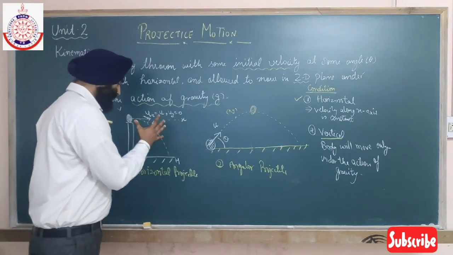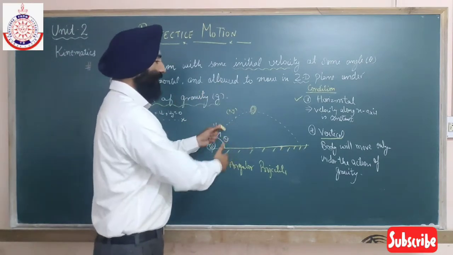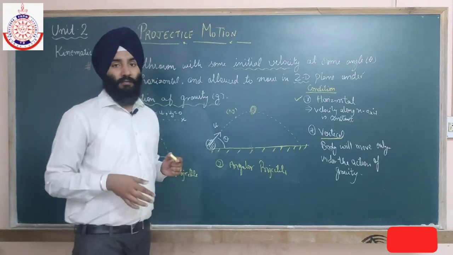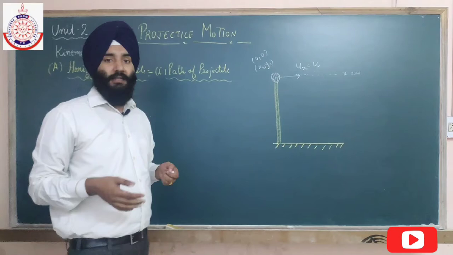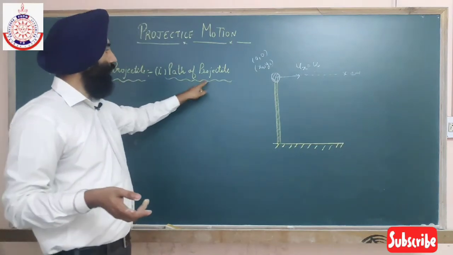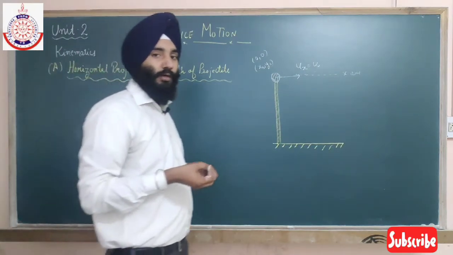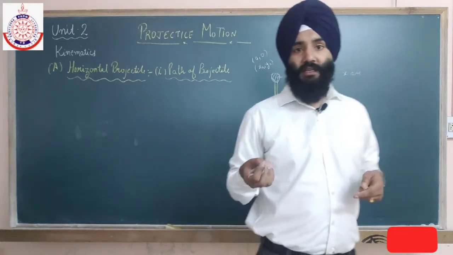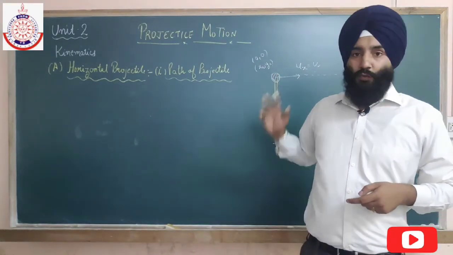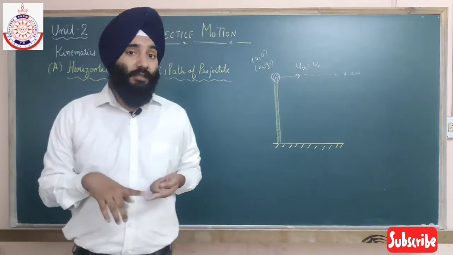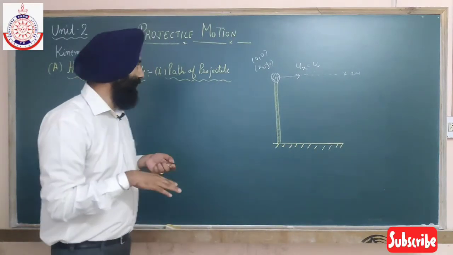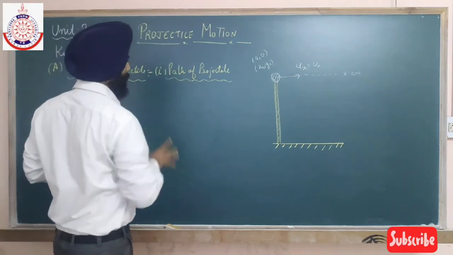At first I will discuss horizontal projectile, then I will discuss angular projectile. So let's start with horizontal projectile. At first we have to find out the path of the projectile. It means we have to show what trajectory this horizontal projectile will follow. किस trajectory में जाएगा? क्या वो straight line जाएगा? Either वो parabola बना रहा है. So this way we have to calculate. So at first, path of the projectile.